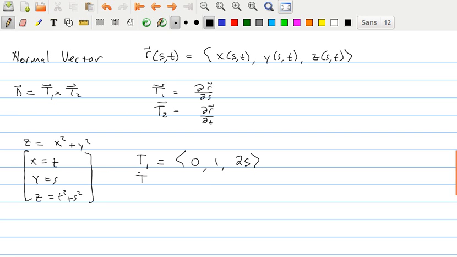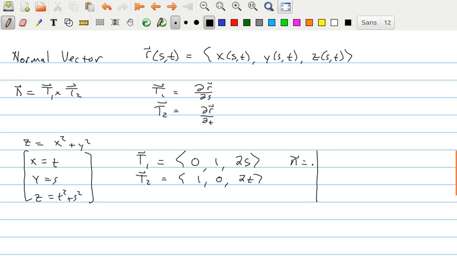If we look at our second tangent vector, this is the one running in the t direction, we take our partials with respect to t. The partial of x with respect to t is 1. The partial of y with respect to t is 0. The partial of z with respect to t is 2t. And now I'll cross these two. So our normal vector